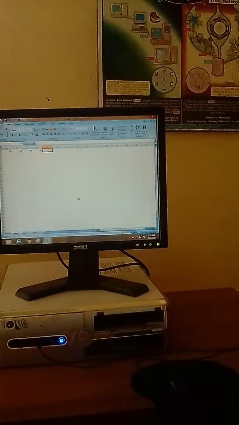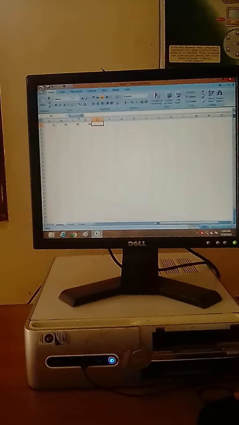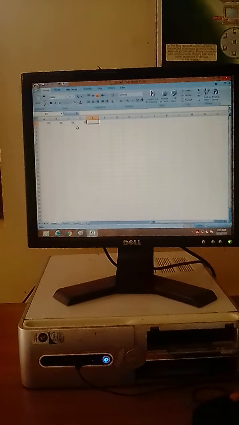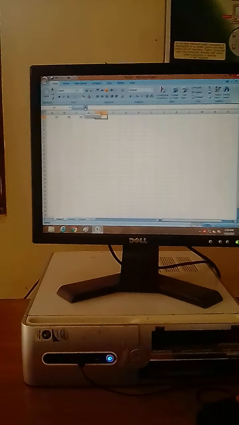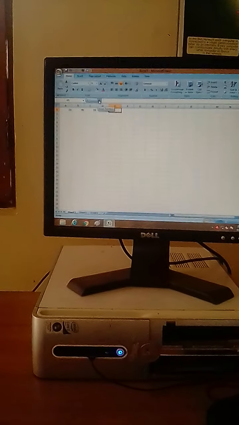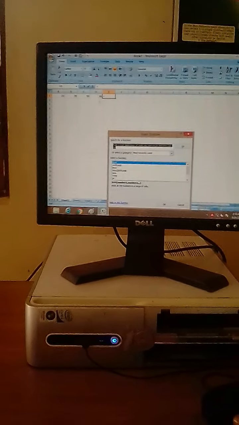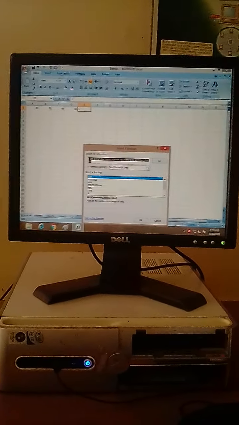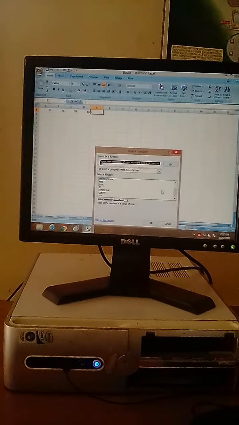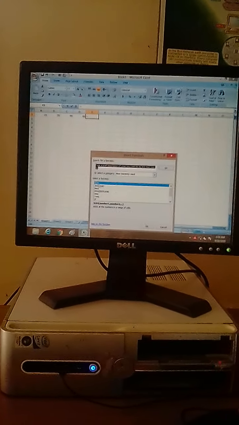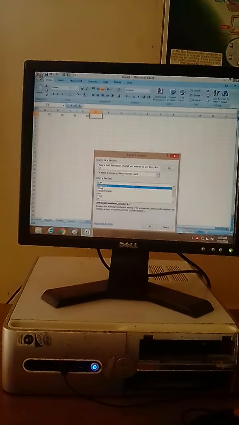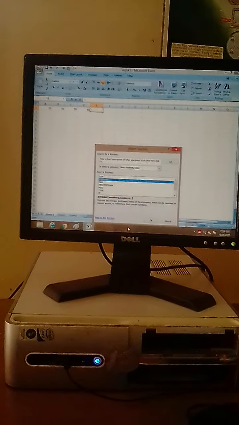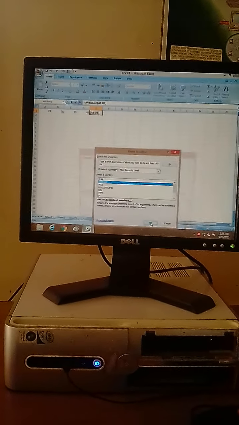Now, dear students, to find out the average, we will have to click on the insert function that is displayed over the letters. As we click on the insert function, a menu containing the functions will be displayed here, and we will have to select average from the menu and click on OK.